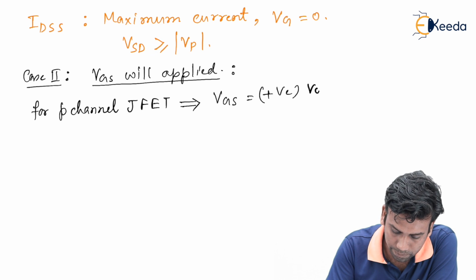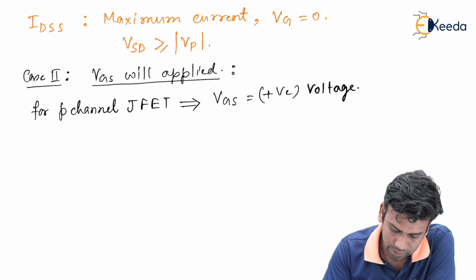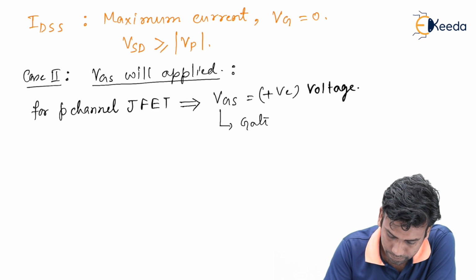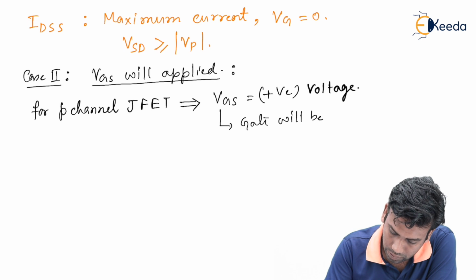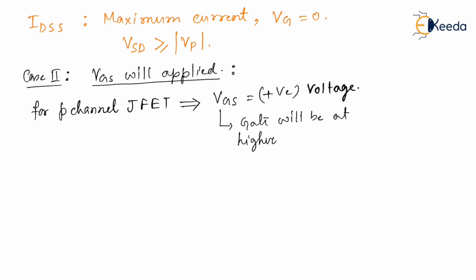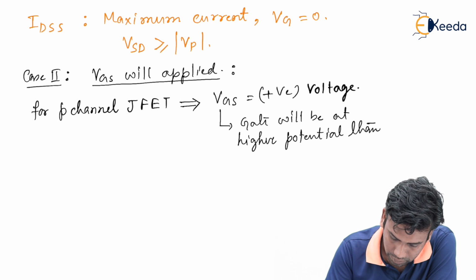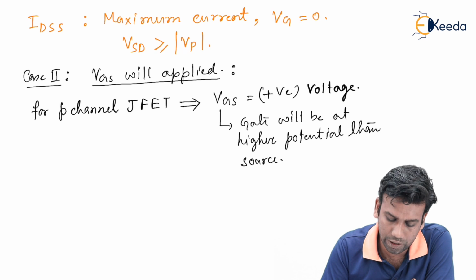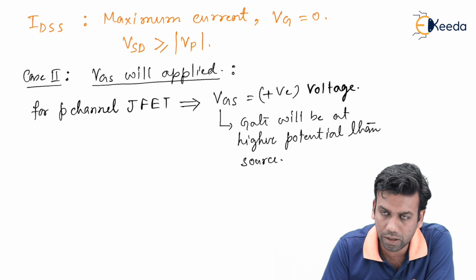That means positive voltage should be applied to this VGS. That means that the gate terminal will be at higher potential than the source terminal. That means we will apply a high potential to the gate and low potential to the source,